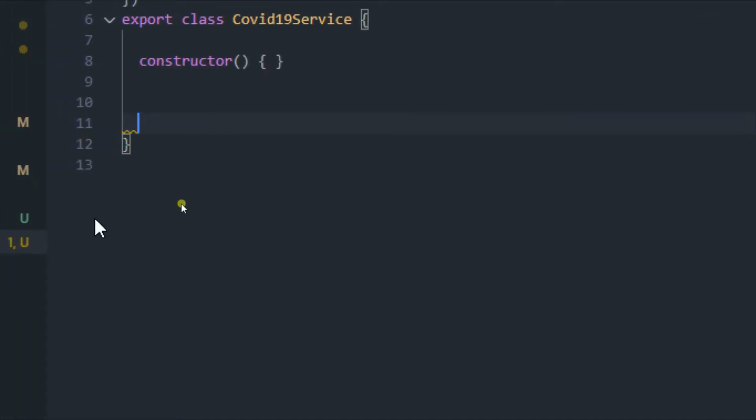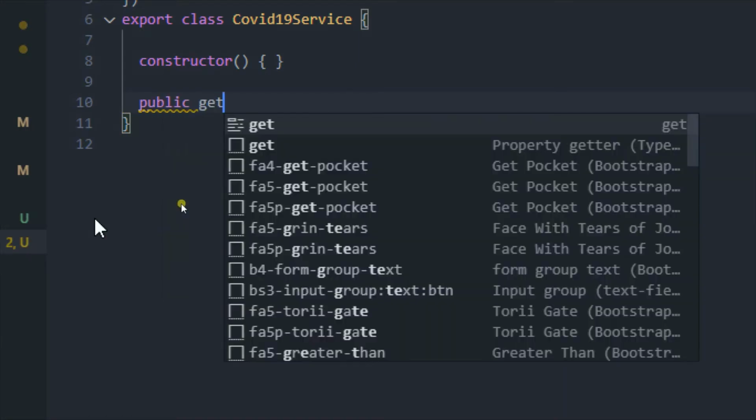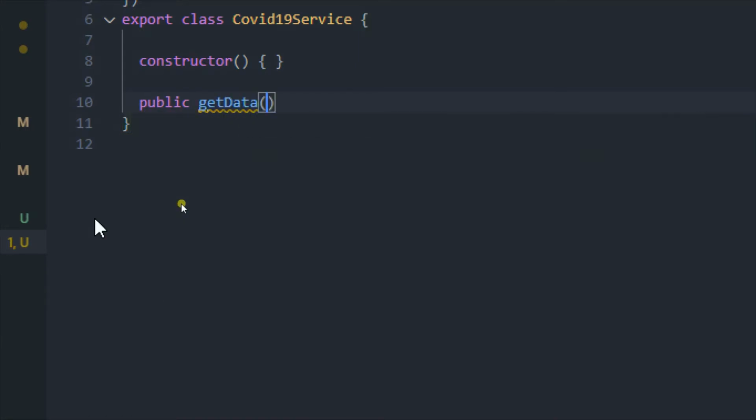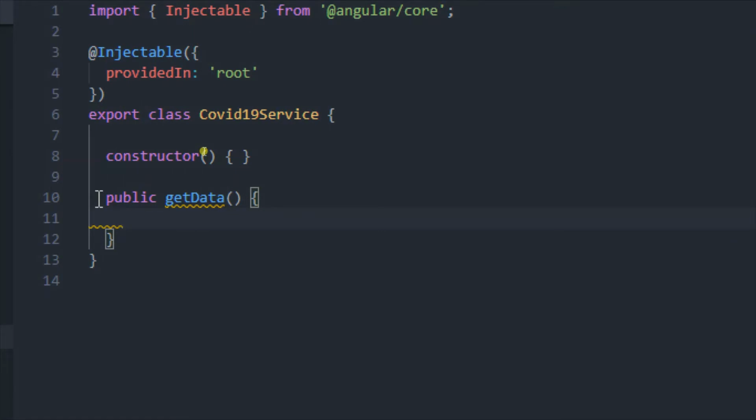Let me type some lines of code, and let me type public getData. This method will not accept any parameter, because we just want to get data and we do not want any ID or anything else to pass. So we just need to keep these brackets empty, and over here we just need to make a call.